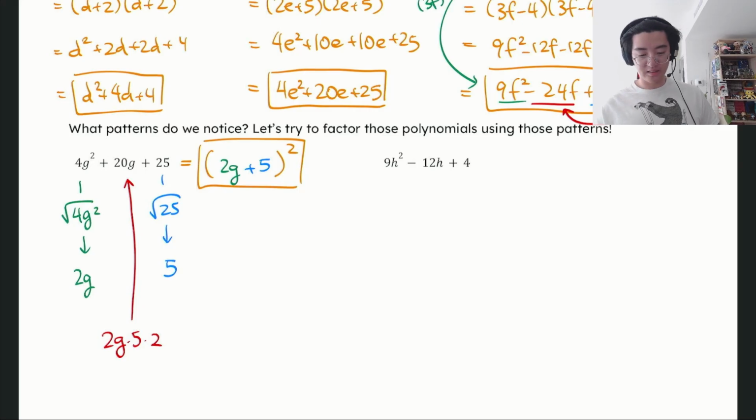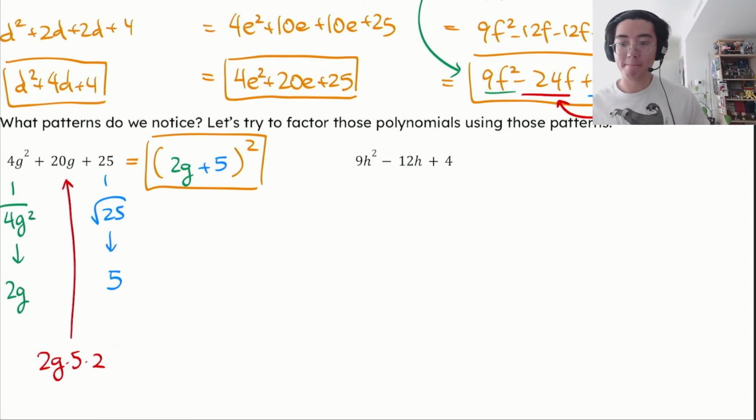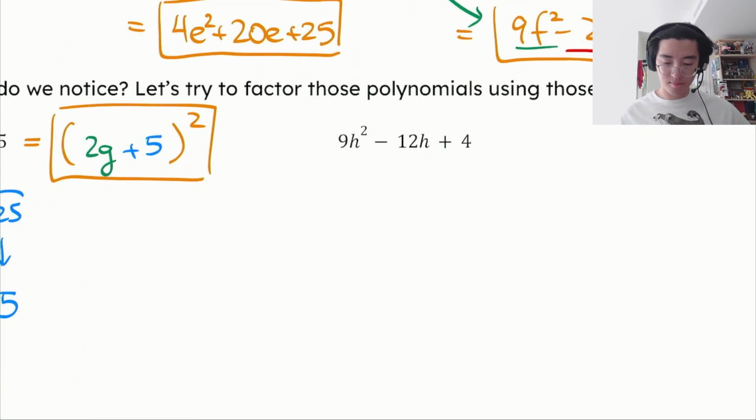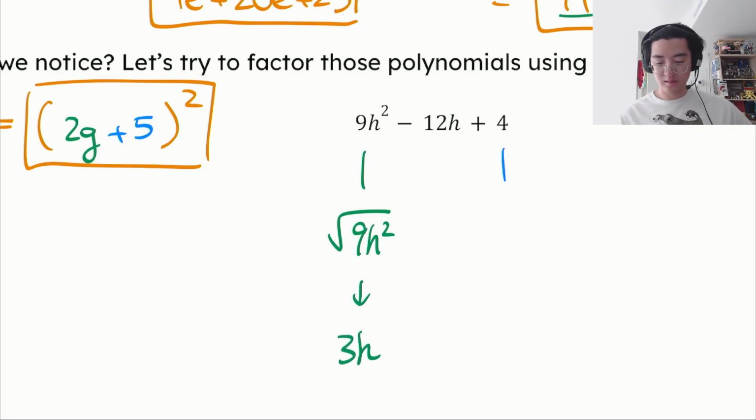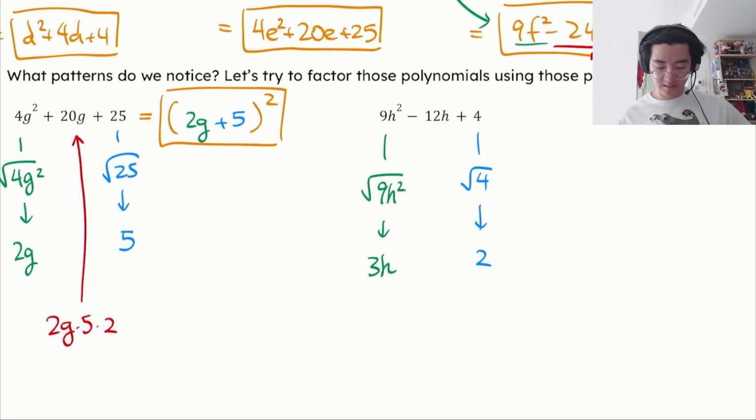Alright, let's try another one. Square root of 9h squared. Oh, forgot the color again. 3h. Square root of 4 is 2. How about the middle guy? Alright, 2 times 3h times 2. Alright, that gets us